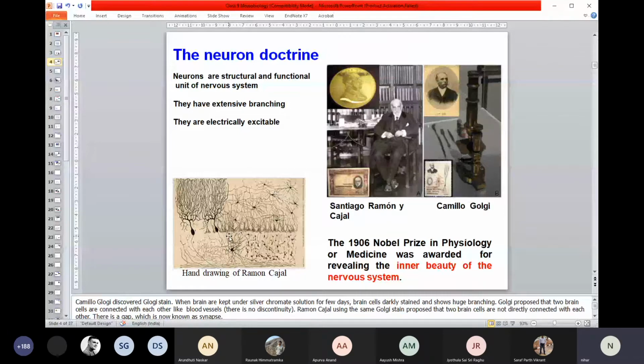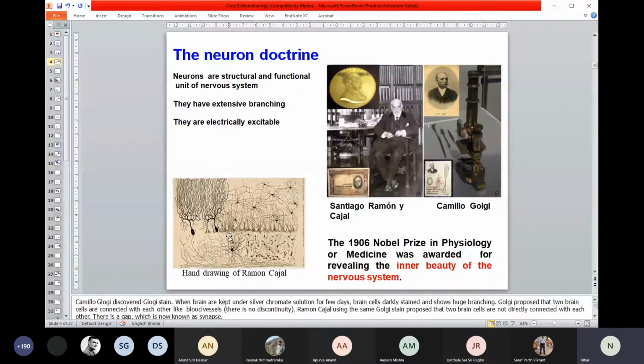But that's not enough. He also made a conclusion. That's the observation he made, but from the observation, he drew a conclusion about two neurons. At that time, the neuron was not actually named. So you can think about two cells in the brain that are connected with each other like a spider web. It's a continuous process, so information from one neuron can go to the other neuron directly. That was his conclusion.